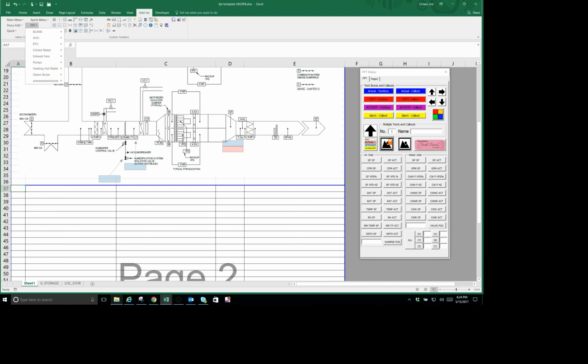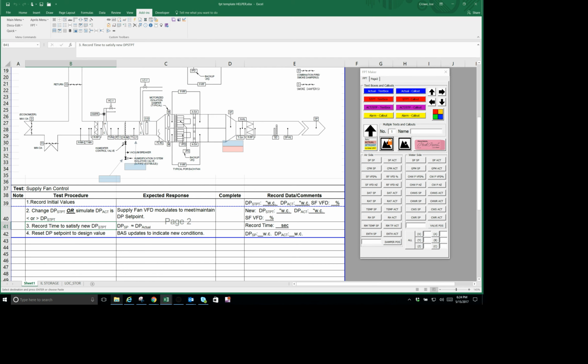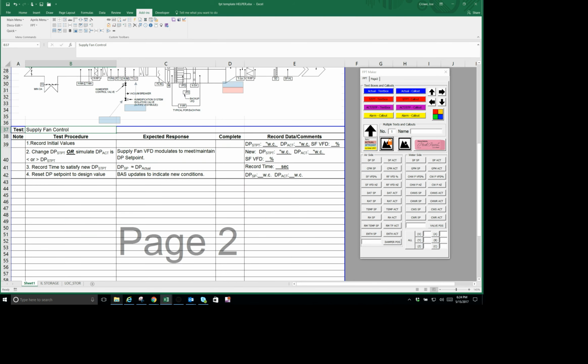Here's my functional performance test, and what I did was made a bunch of templates, so I'm not starting from scratch. I'm throwing in immediately a supply fan control test. One thing that's pretty cool about this gadget over here is if there's anything I do want to record, I